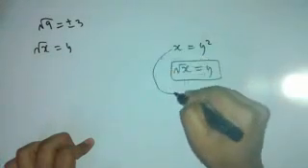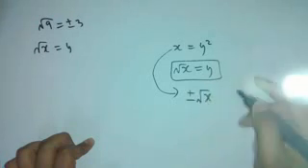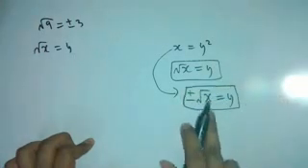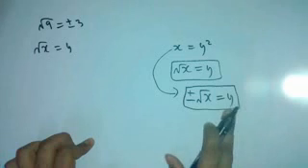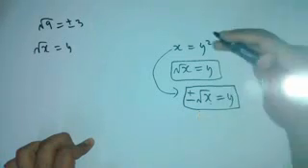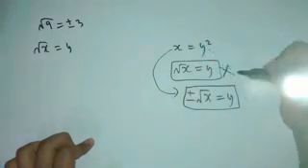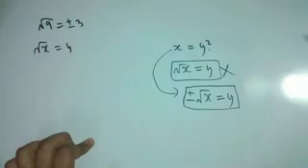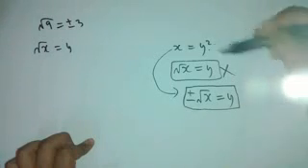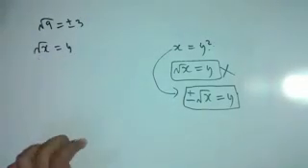So the truth is, if we want to write this equation in correct form, it is plus minus root x is equal to y. If we take x as 1, y is plus minus 1 as in here. If we take x as 2, y is plus minus root 2. So basically this is the wrong form of transforming this equation, which is what most people do, right? So these two are one and the same thing, and these two are different, right?